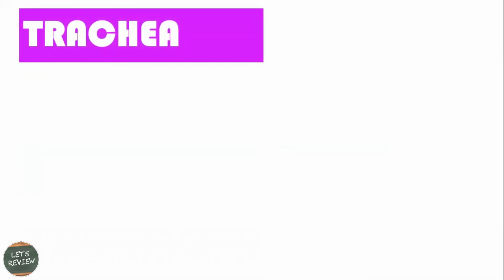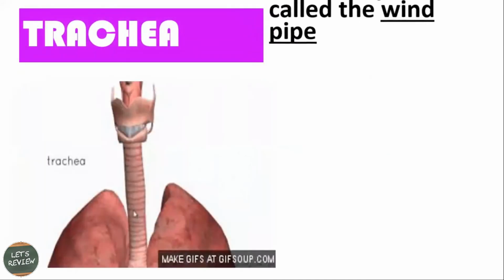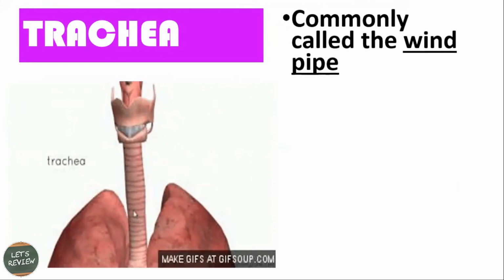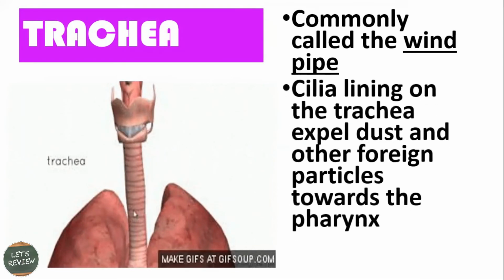Next is the trachea. After the larynx, it is commonly called the windpipe. Cilia lining the trachea expel dust and other foreign particles towards the pharynx,